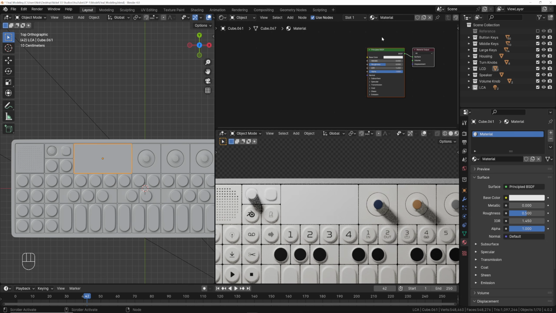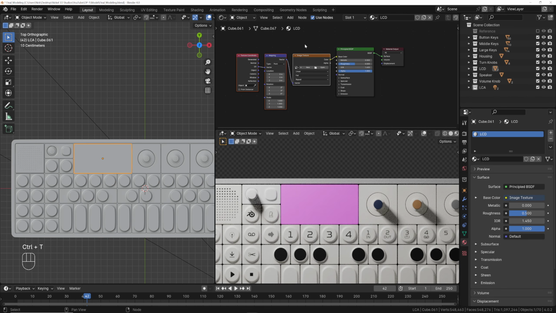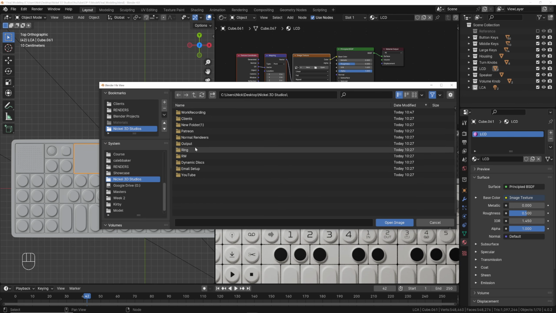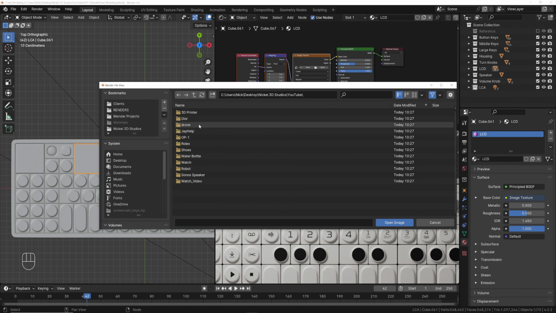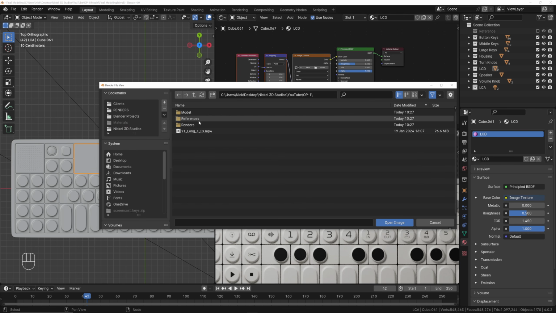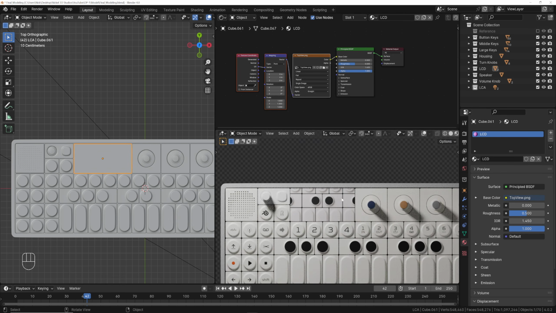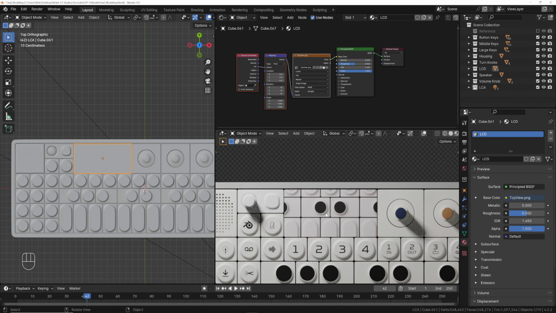And then we're going to make a new material. We're going to call it LCD for the screen. And then we're going to use Node Wrangler again, Control T, and then open from the top view. We're just going to use the actual LCD screen for this. So now you can see that it's got a texture on it, but it doesn't really look where it would need